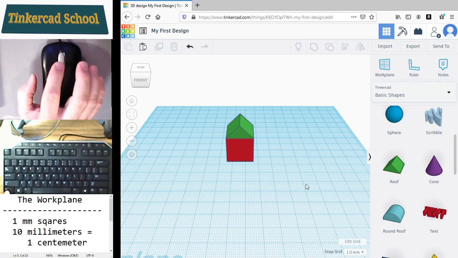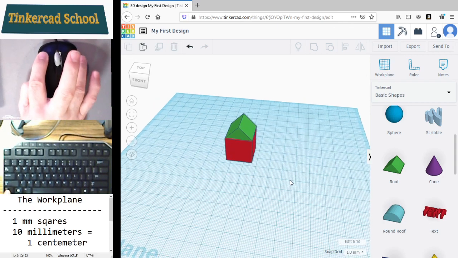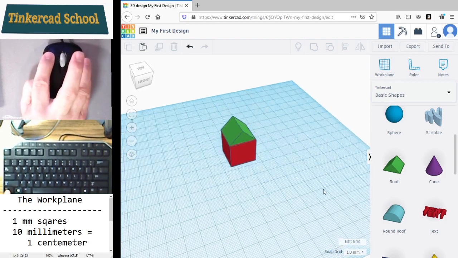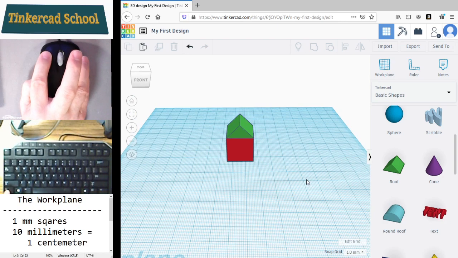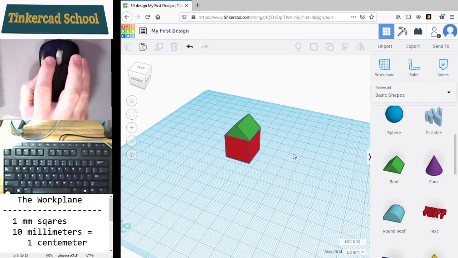Now if I hold down the control key, hold down on the left button of the mouse, and then move the mouse, I can move around that work plane. I'll get more into that on the next lesson. Alright, so let me move this over like this so you can see it from an angle perspective. Now let's say I wanted to